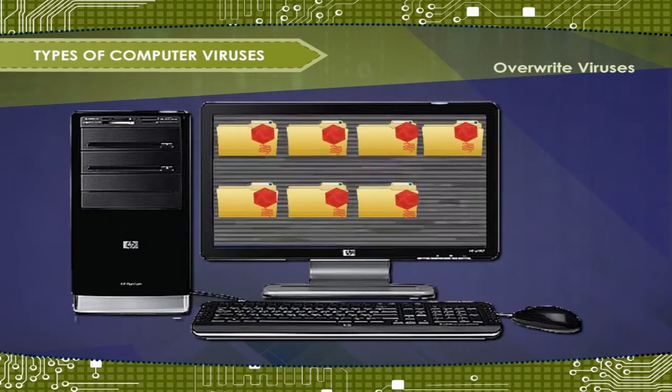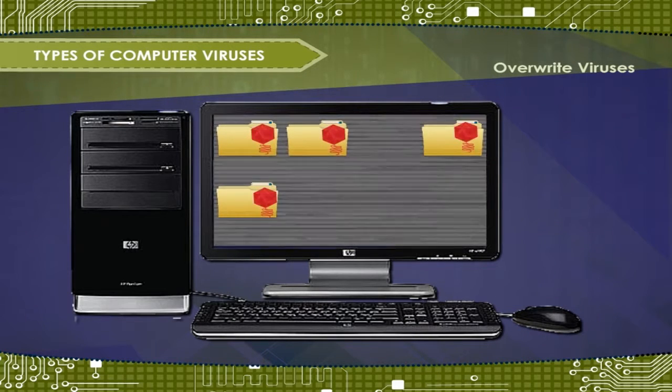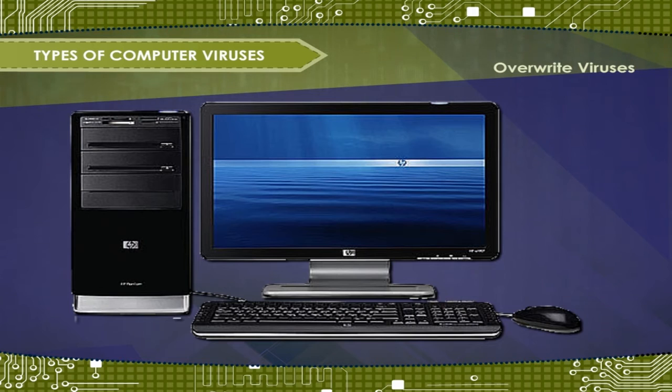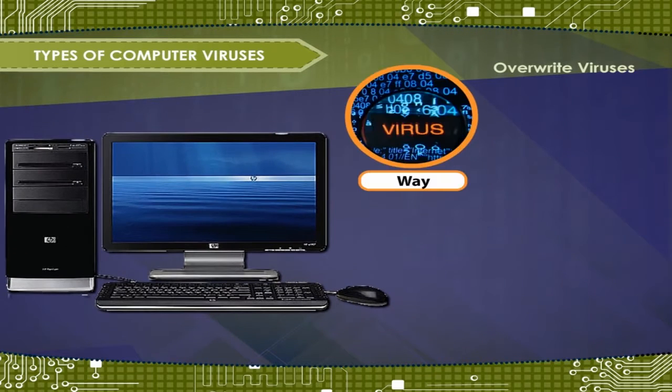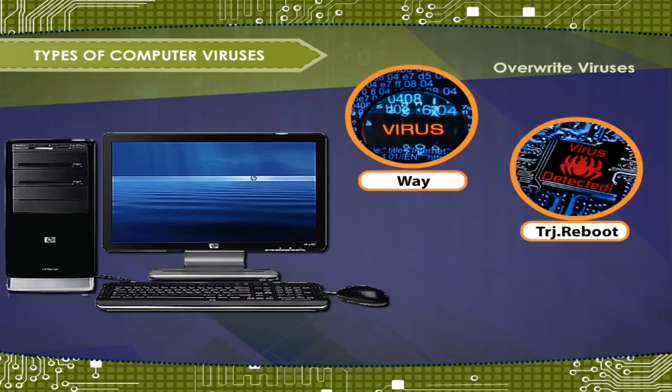Overwrite viruses. Virus of this kind is characterized by the fact that it deletes the information contained in the files that it infects, rendering them partially or totally useless once they have been infected. The only way to clean a file infected by an overwrite virus is to delete the file completely, thus losing the original content. Examples of this virus include Way, Trj.Reboot,